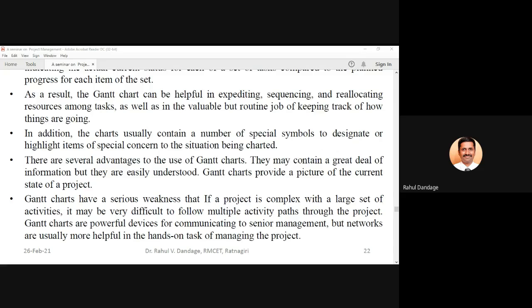Network diagram also is very useful to prepare the schedule or to prepare the interrelationship logic between the processes, their dependencies, which activities are critical, which need more focus, where more resources need to be applied. So whether to use a Gantt chart or a network diagram, the most appropriate answer is that we should go for a hybrid approach. We should go for Gantt charts as well as network diagrams, which will give us a more sophisticated approach in our project management.